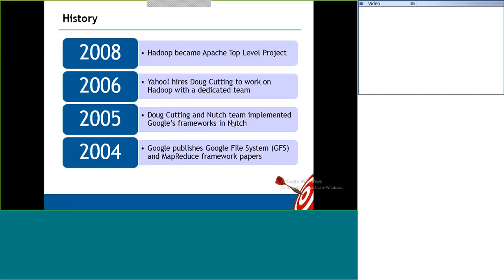In 2008, they contributed the software to open source Apache. From that point onwards, Hadoop became a hot technology, and an Apache top level project from 2008 onwards, because everybody started using Hadoop because it is cheaper,